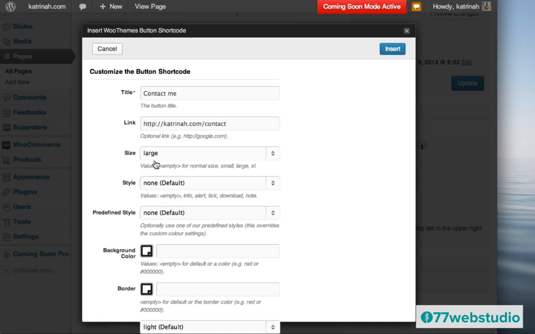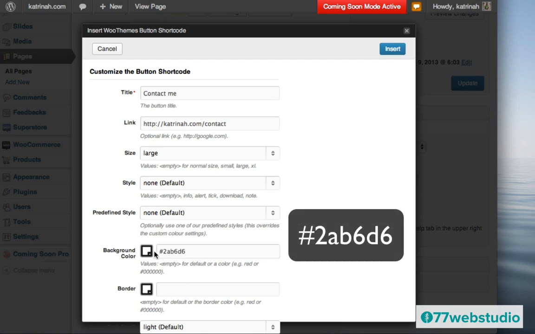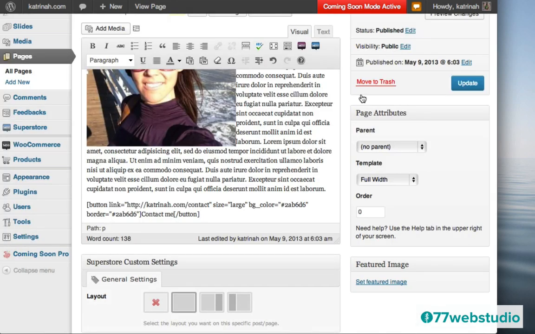I'm going to make this a large button, and I'm also going to specify the background color and the border. So I happen to know the code for the blue that I want is right here. It's #2AB6D6. So I'm going to add this code for both the background color and the border. And then I'm going to click on Insert to insert this button.